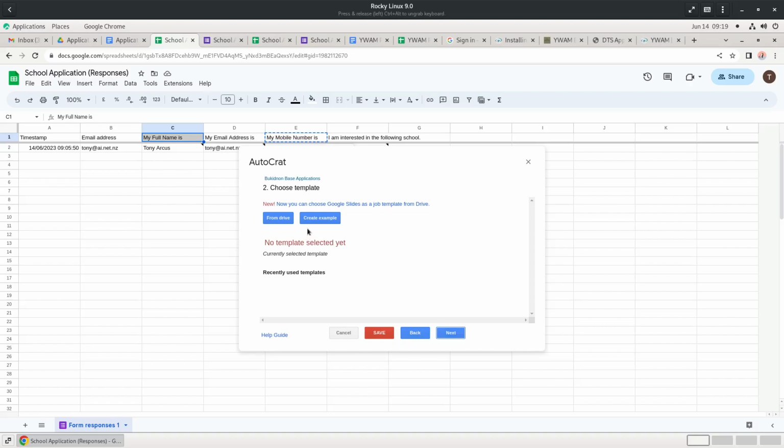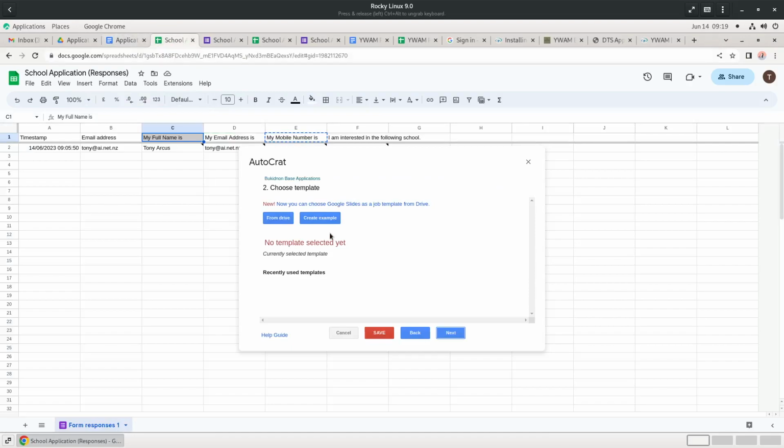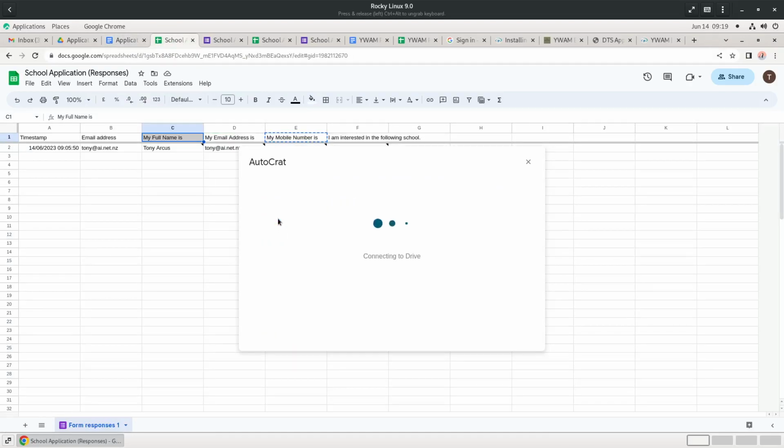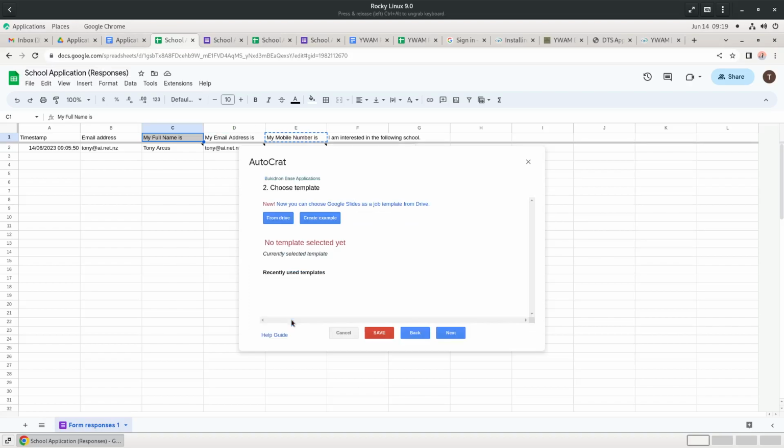Now we have to choose a template. Now the template already exists, but we need to tell the spreadsheet where the template is. So we'll go from Drive, and it just so happens that it brings it up right there. And it's happy, and we go